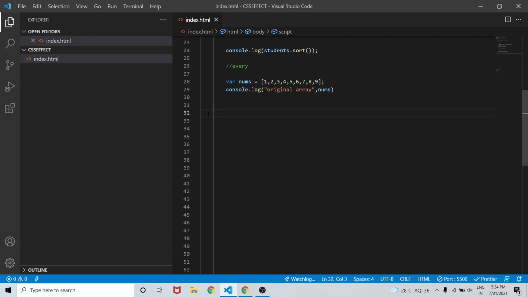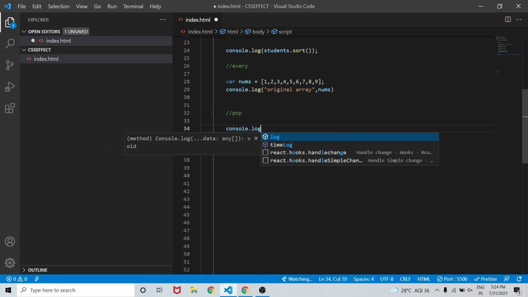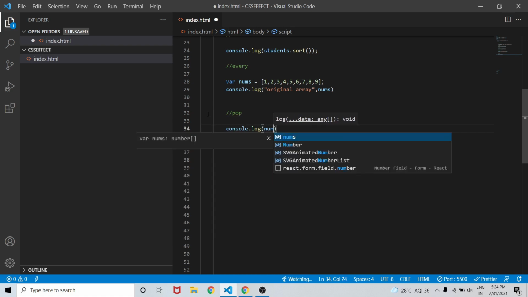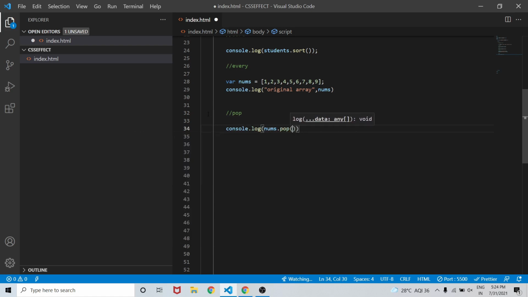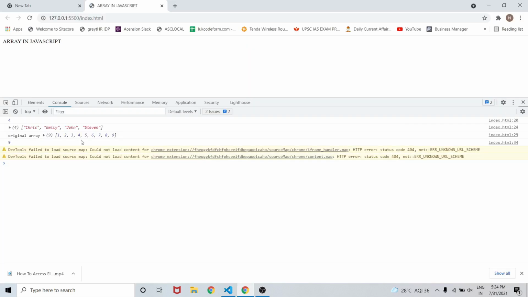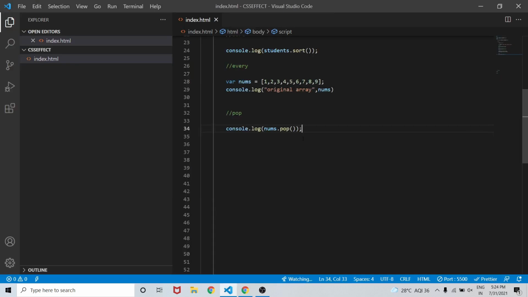Now we will see one more method, that is pop. So this pop method will remove the element from the end of the array. So nums.pop, and now this will give you the length of our new array. So it is 9 now. As you can see, it is from 1 to 9.